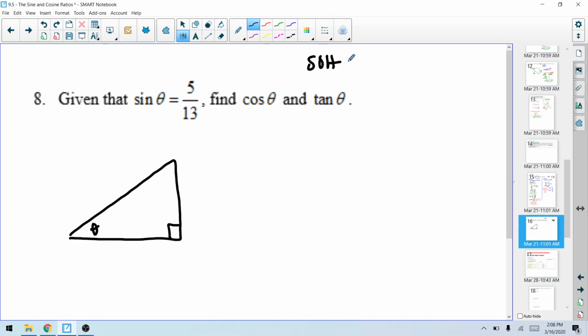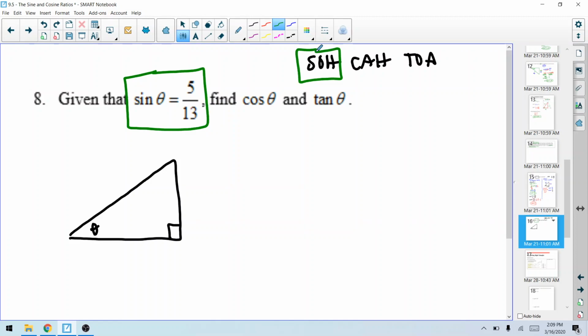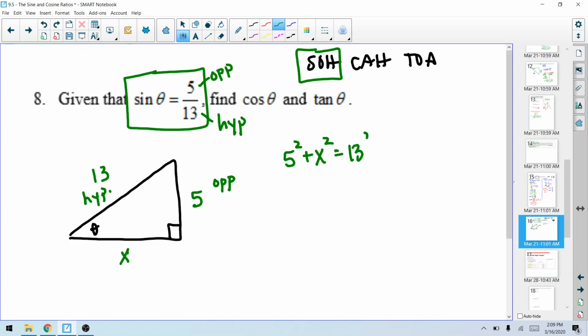So, CAH, TOA. They gave us sine. Sine is SOH, which means opposite and hypotenuse, which means this must be my opposite, and this must be my hypotenuse. So from theta, opposite, hypotenuse. Then we've got to figure out our missing side. 5 squared plus x squared equals 13 squared. 25 plus x squared